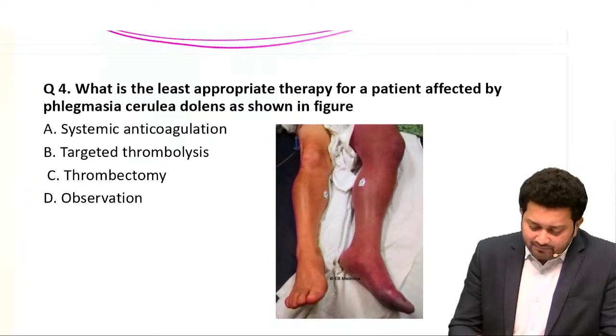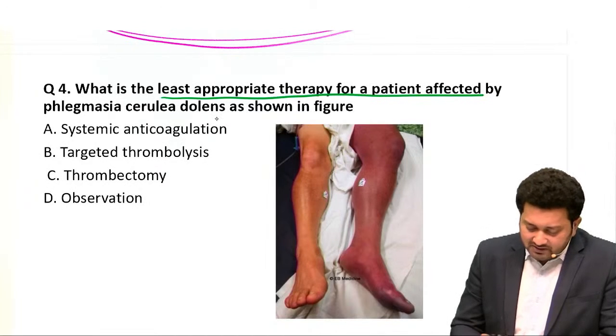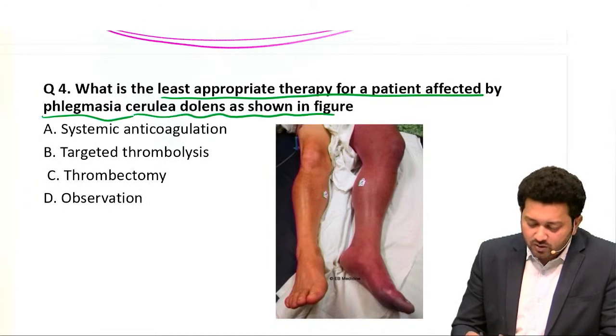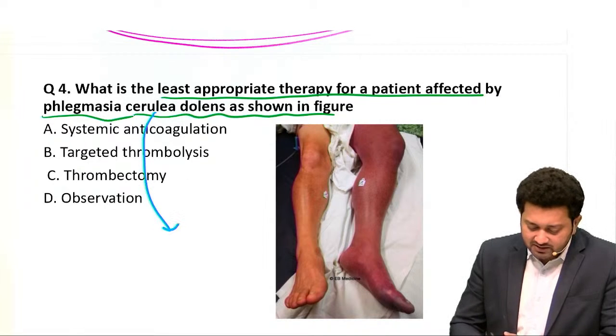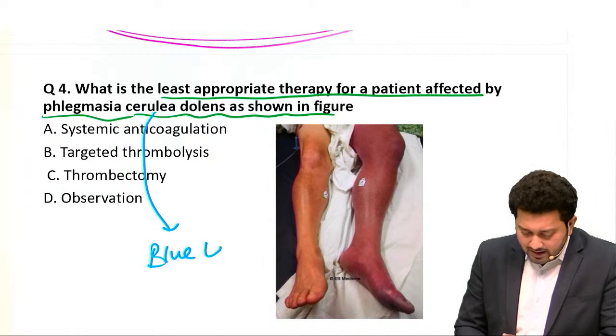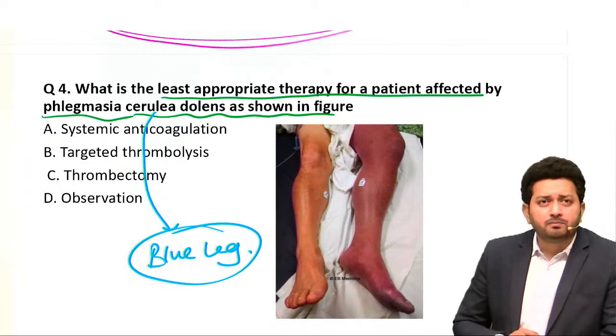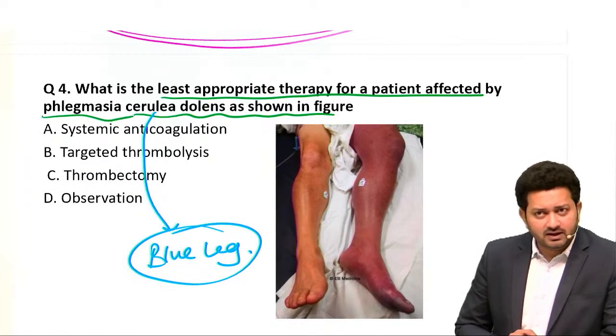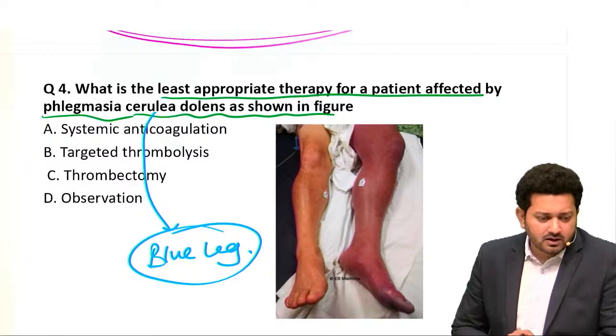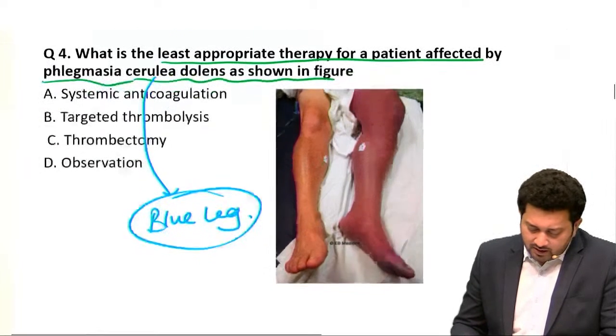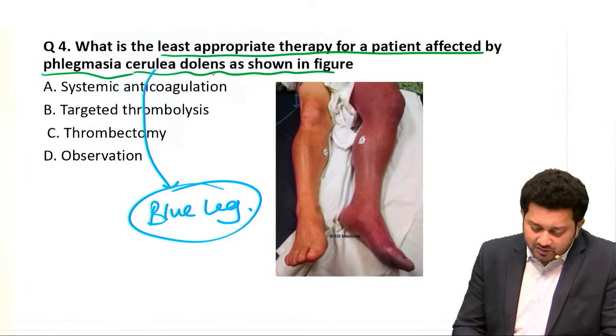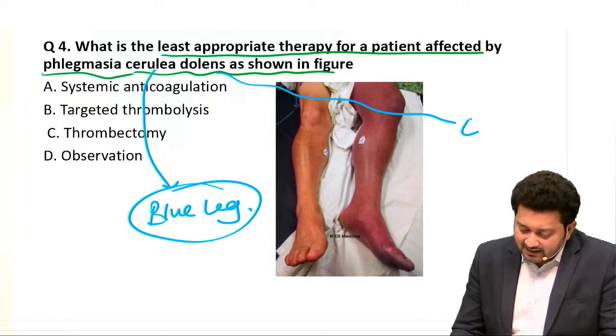Okay, what is the least appropriate therapy for a patient affected by Phlegmasia cerulea dolens? Cerulea dolens. What is the meaning? Blue leg. Yes, all of you are correct. Blue leg. Okay, so this Phlegmasia cerulea dolens occurs when there is extensive